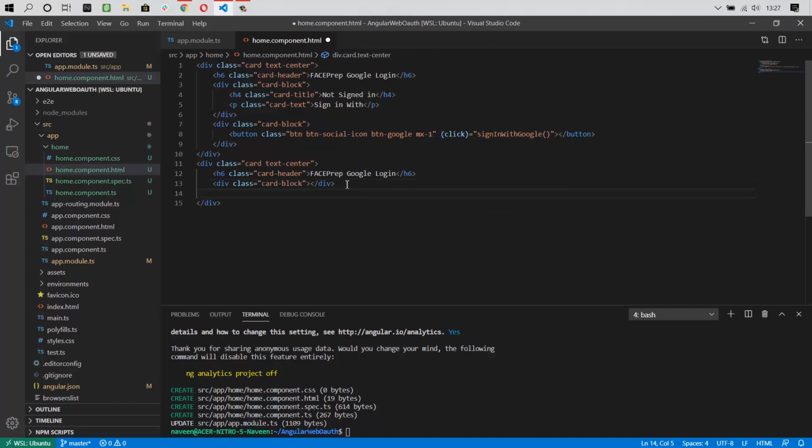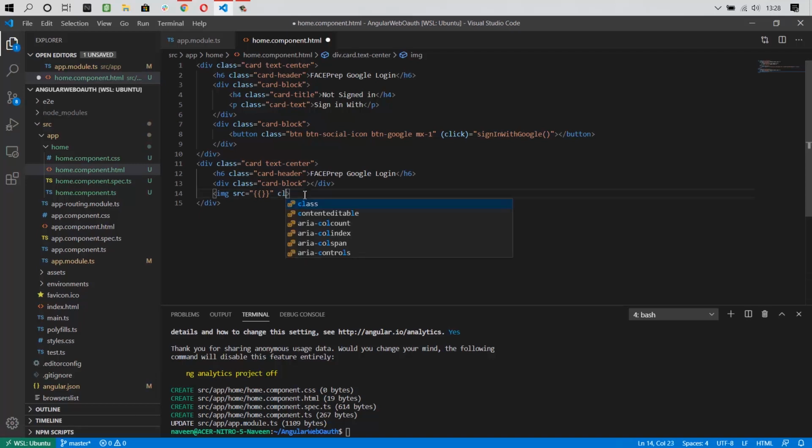Now I'm going to display the user image. So where we get the image from Google, we are fetching the profile, right? So in the profile we have the image. Now I'm going to display that image. So for displaying that image, I'm using the image tag and source. So for that source, it is not created yet, right? So I'm giving blank. Moving forward, we are going to change this.